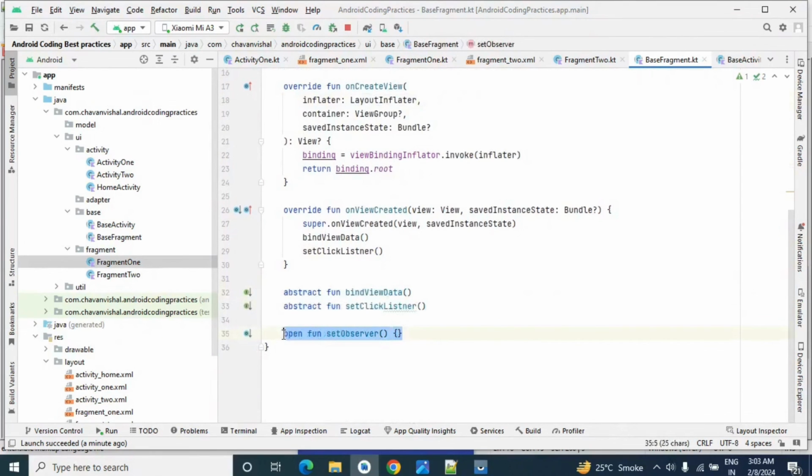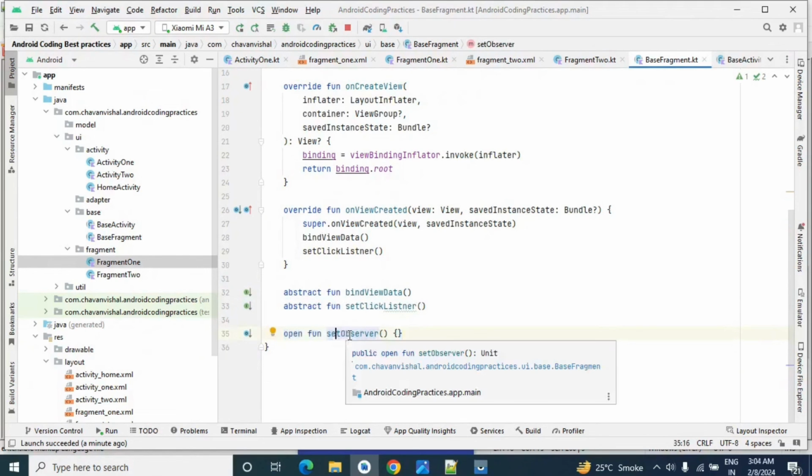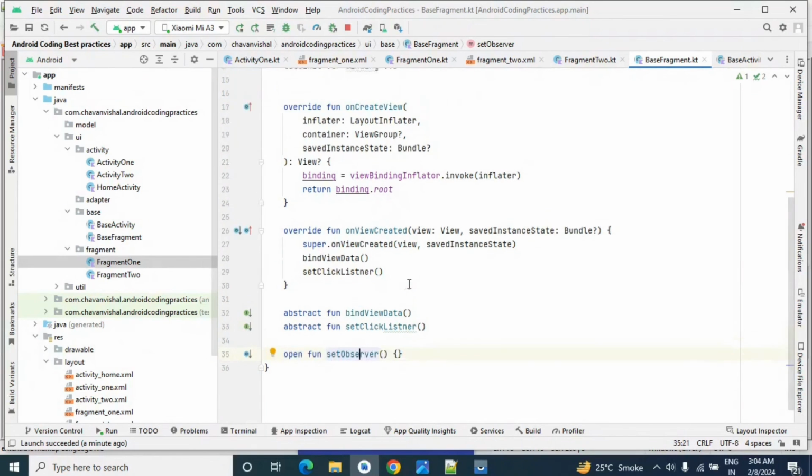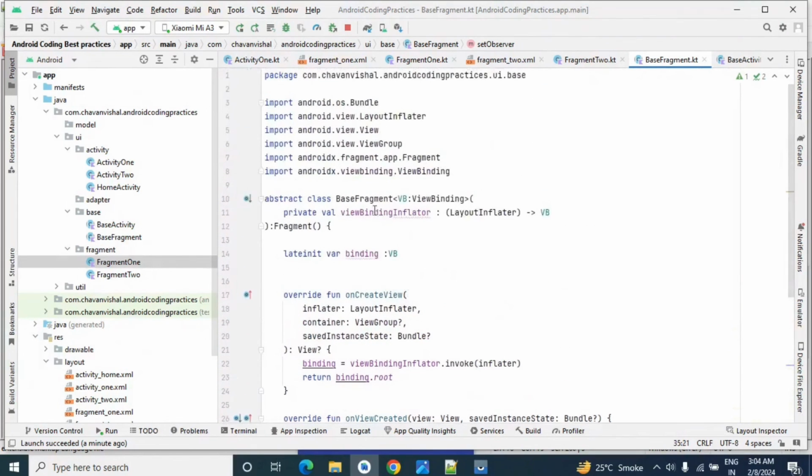Again we created one more method, but it is not abstract, so it is optional for the sub fragment to override or implement it. We implemented it in fragment 1 only, not in fragment 2. This makes it optional for its subclass to override, so the subclasses are not forced to override the set observer method. Okay, so we have implemented our base fragment.